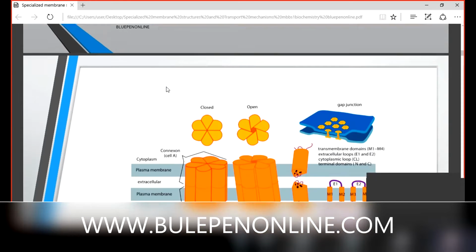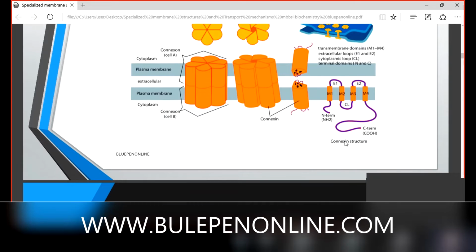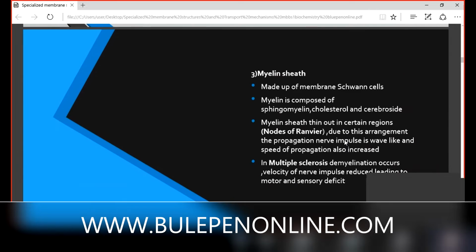You can see from this diagram how these gap junctions open and close. The protein name is connexon or connexins. Here it explains the structure of connexin. It's a polypeptide, starting from N-terminal to C-terminal. Then next, the third one, it is very familiar,